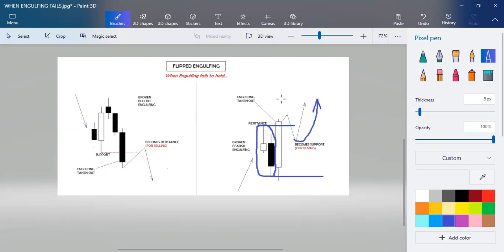Center zone, right? So that's for buy. Yeah, so you buy here at a retest,